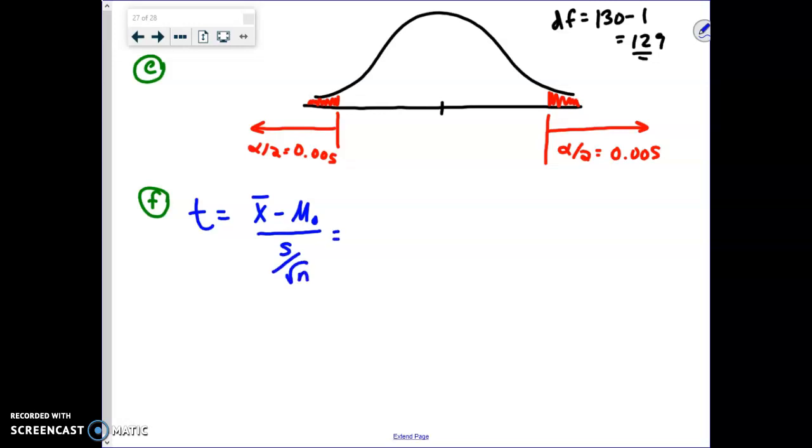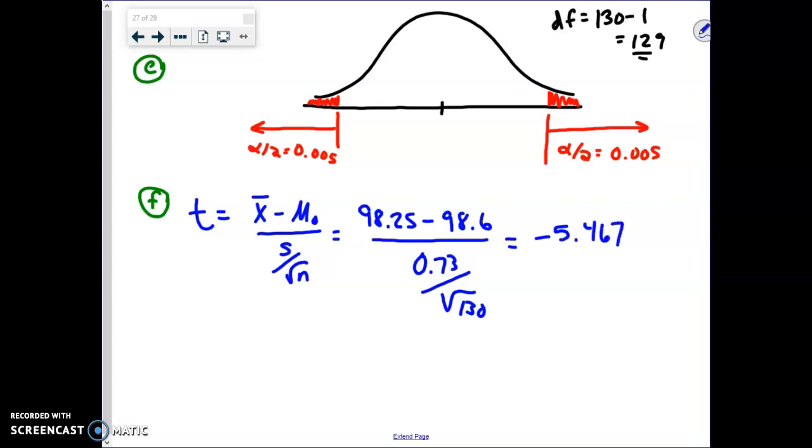So again, our sample data said that our mean was 98.25 degrees Fahrenheit minus the hypothesized value that we're assuming to be true unless our data shows us differently, 98.6, all over our sample standard deviation of 0.73 divided by the square root of our sample size, which is 130. Now, if you do that, you'll notice that this is way away from the mean of our sampling distribution. It ends up being negative